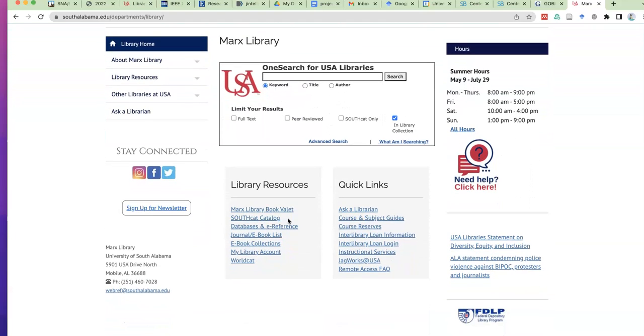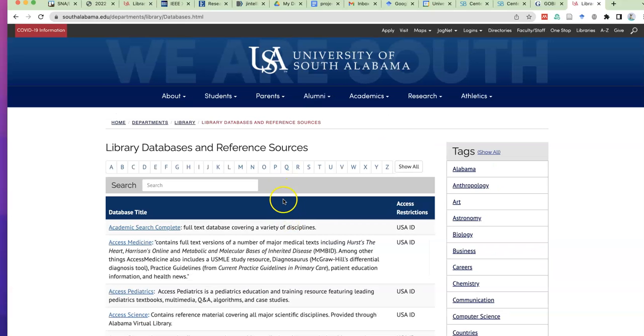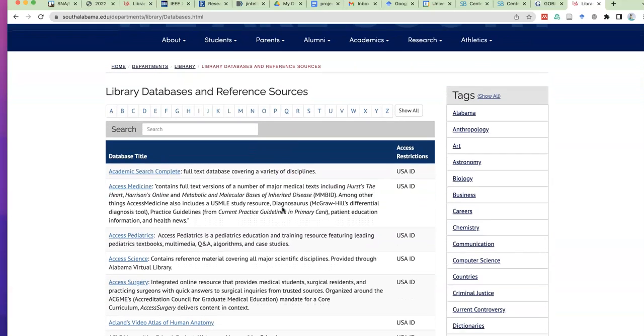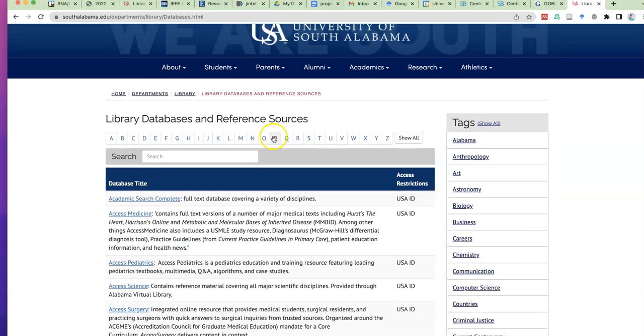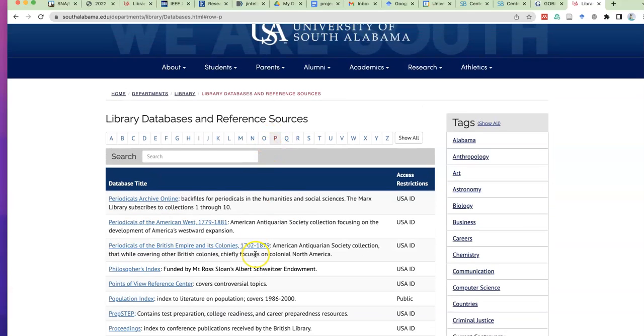Scroll down under Library Resources in this little gray box on the left-hand side. Click on Databases and eReference. This is an alphabetical list of all the library's databases, and if you click on the P, we can get